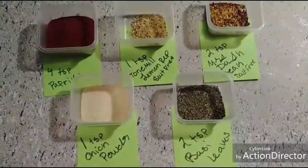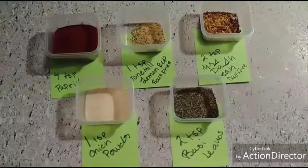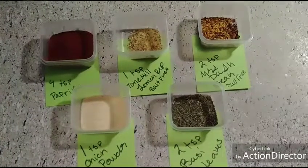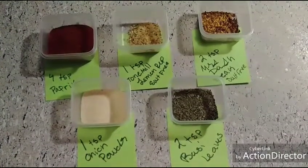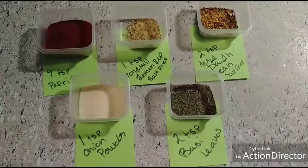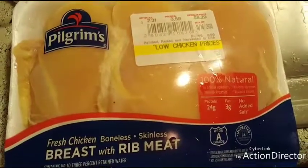Today we're going to be making special chicken breast. 4 teaspoons paprika, 1 teaspoon of lemon pepper, 2 teaspoons Mrs. Dash, steak seasoning, 1 teaspoon of onion powder, and 2 teaspoons of basil leaves. This is the chicken breast we're going to be using,